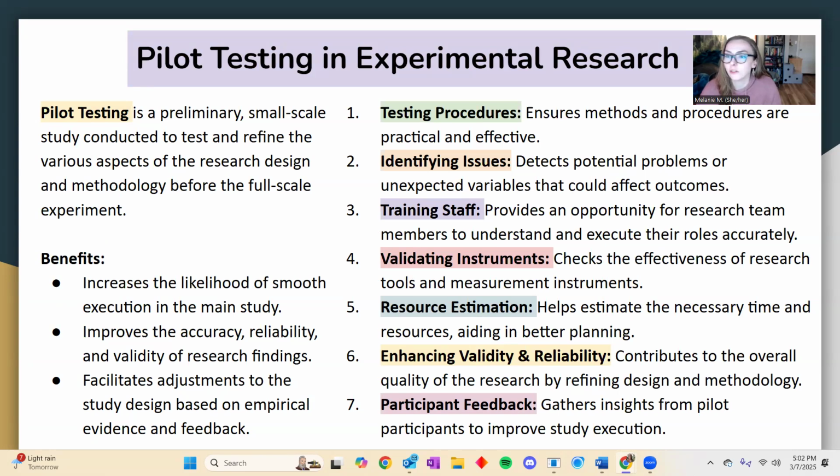So we test all of the specific methods and procedures, we find those issues, and you train staff to make sure that researchers are not only deeply understanding the research design and nuance so that they can accurately behave, for lack of a better way to say that, we also want to make sure that everyone's doing everything the exact same way. So let's say as part of that depression example, I'm using that depressive medicine, if the staff members are supposed to be